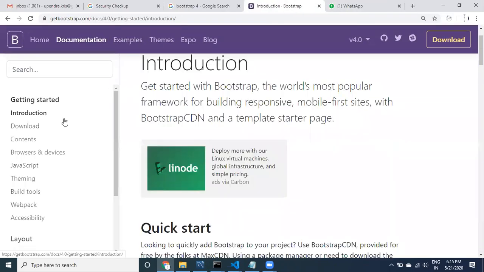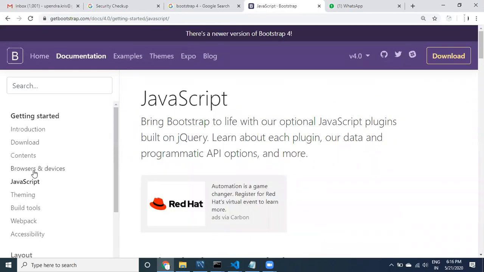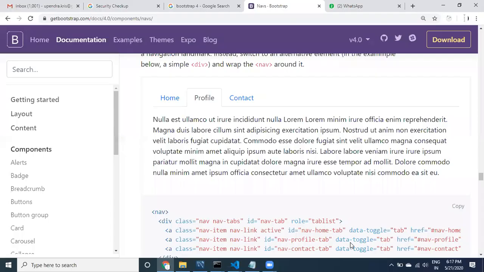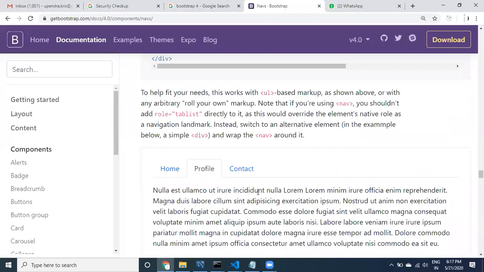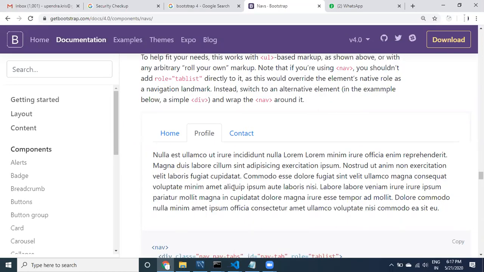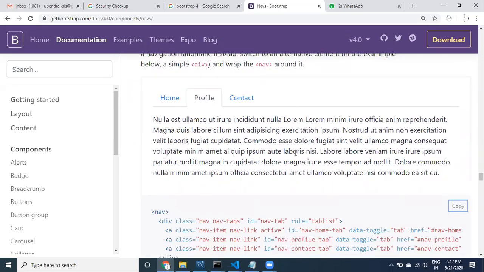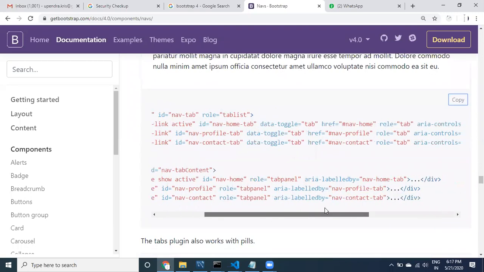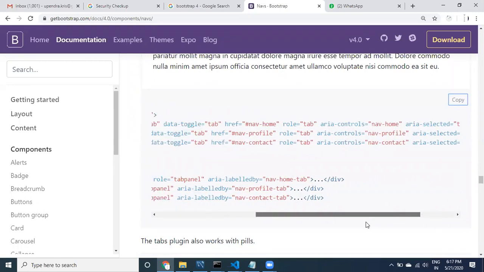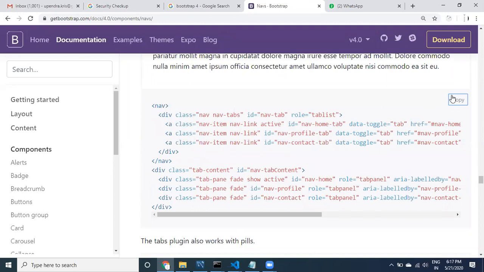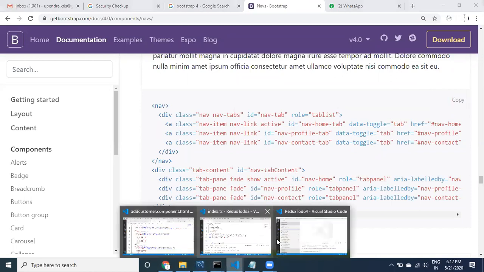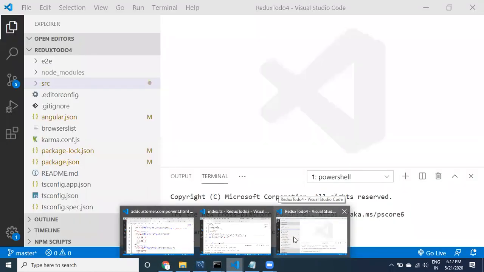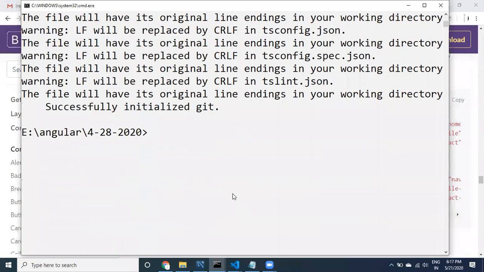Coming to this one, coming to the JavaScript. Give me a second. We try with this. This component is not available, right? What you can do is copy this code. We'll check how it is going to look. I will tell you, guys. Copy this and then go to the UI. I will show you only the bootstrap CSS stuff. Meanwhile, check it out, the code is also available.